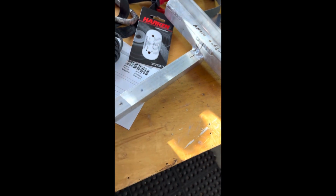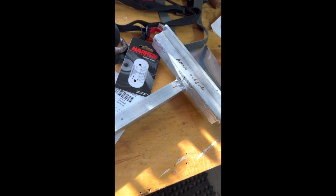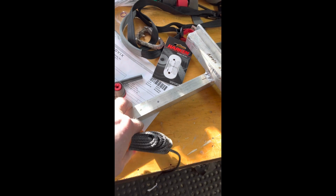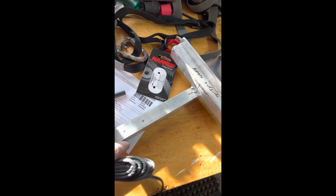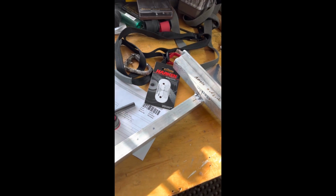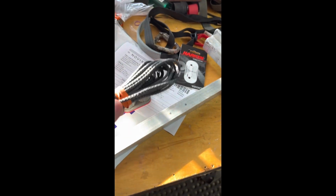The other thing I'm working on, I got the cam cleat here. Of course, I have that marked. I have to drill that in tomorrow. But what I really want to do is figure out a way to attach my rope to the stick without having to just have it wrap around here and then having to do something to keep it from sliding around. I still might do that. So what I'm thinking of doing